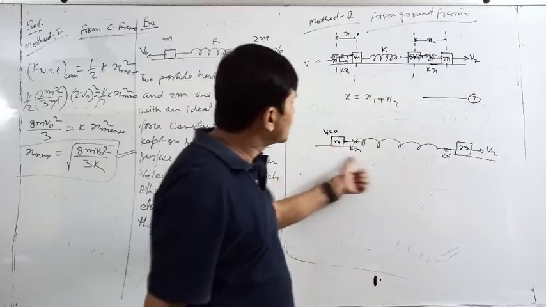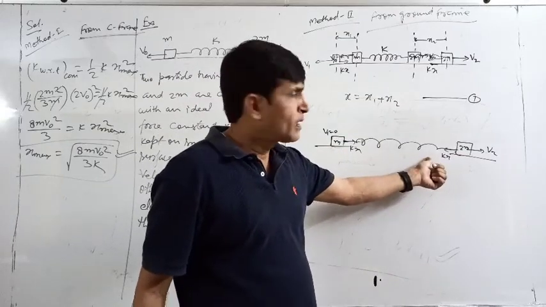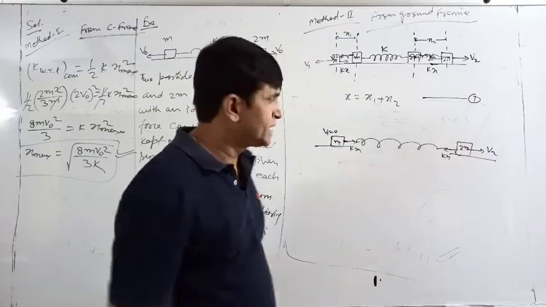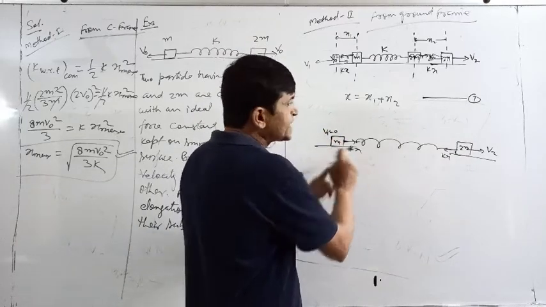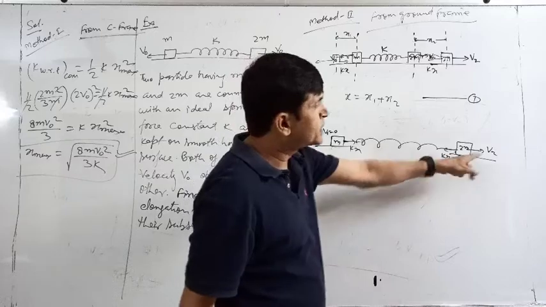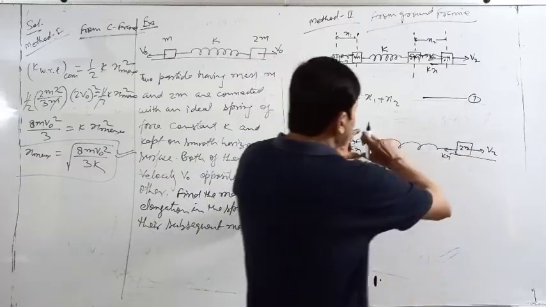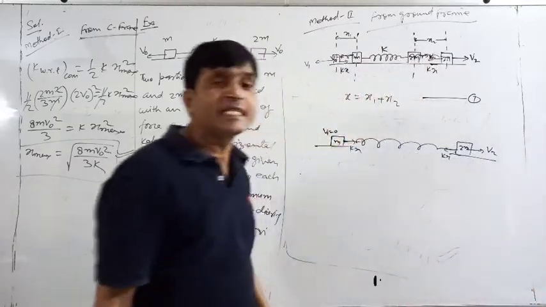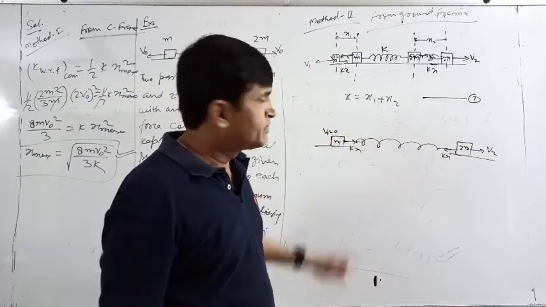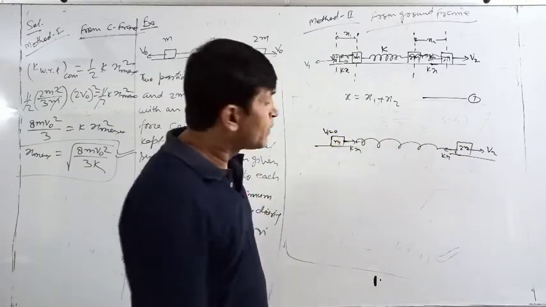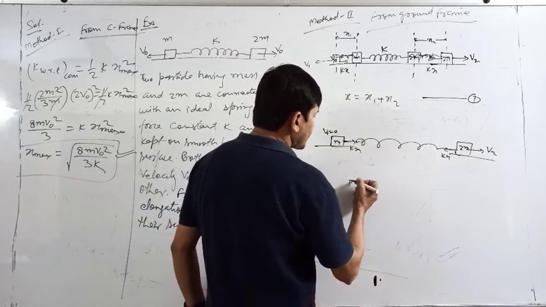Now this starts moving in this direction, but this velocity slowly decreases. Since this has velocity v naught, now this velocity increases and this velocity decreases. But still the gap between these two is increasing. Why? Because v2 initially is more than the velocity of this. One stage will come